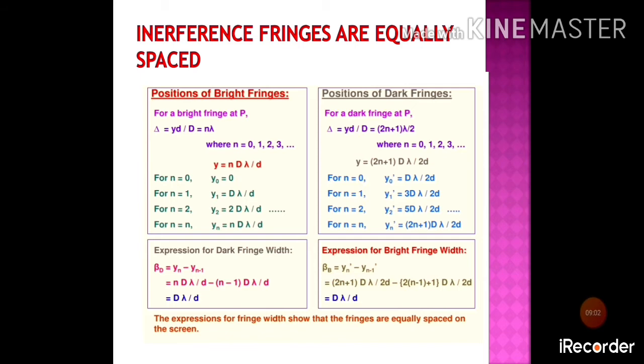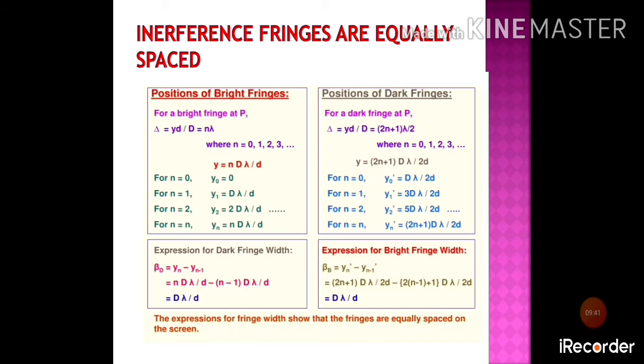Here in this picture I have compared that if you take the formula for the dark fringe or the formula for the bright fringe, you get the same fringe width. You can compare them, right? In the first part, you can find out the positions of the bright fringes by putting n equal to 0, n equal to 1, n equal to 2 and so on. Now in order to get the expression, you will just subtract yn minus 1 and you will get beta equal to lambda D upon small d.